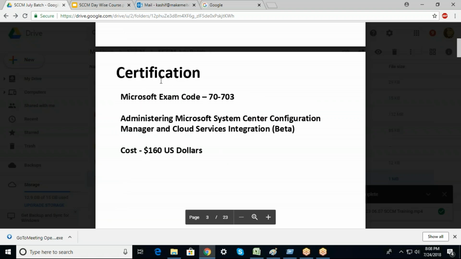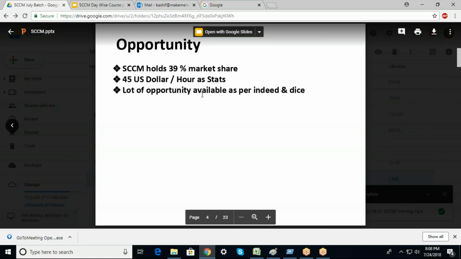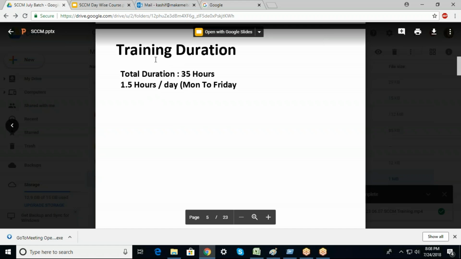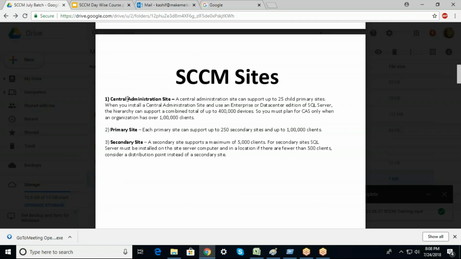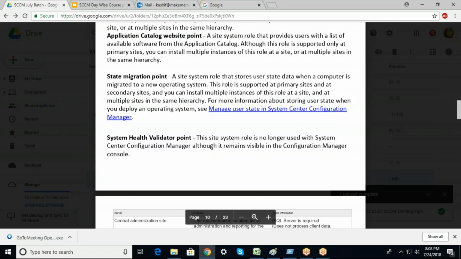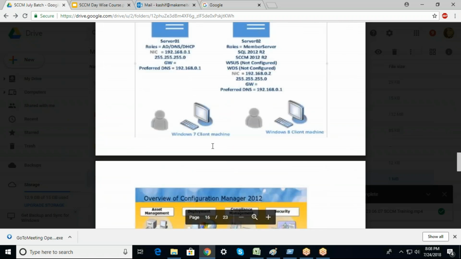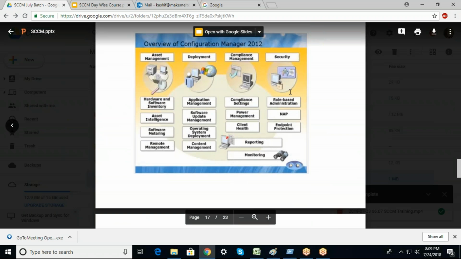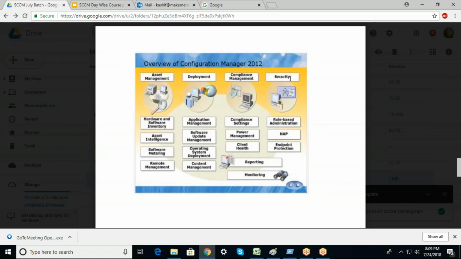Then we discussed the certification, the opportunities all over the place, then training duration, and SCCM sites. And also we discussed SCCM capabilities, right? What SCCM can do. So these are the things which SCCM can perform, like asset management, deployment, compliance management, and